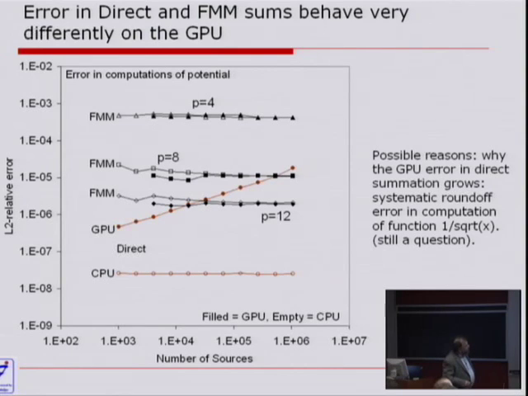But on the CPU, this error doesn't grow, while on the GPU, this growth is substantial. What is interesting then is that the FMM algorithm is stable to this error, in any case, and it provides better accuracy for, say, million size with these truncation numbers than the accuracy provided if you do this